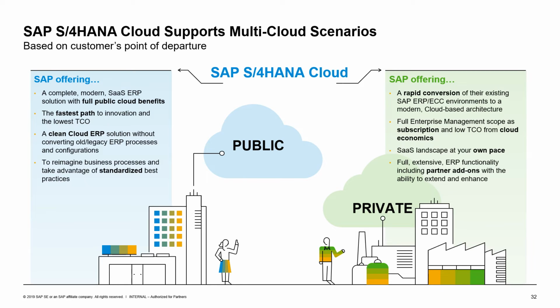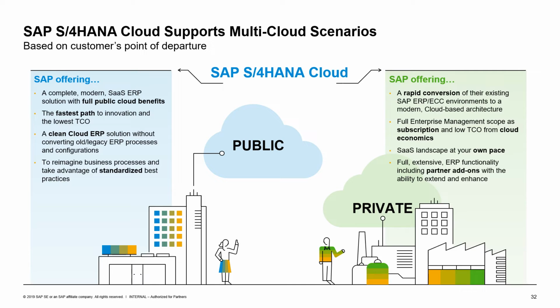So mapping your customer's requirements to SAP's offering, SAP offers a complete modern SaaS ERP solution with full public cloud benefits. It's their fastest path to innovation and the lowest total cost of ownership. It provides for a clean cloud ERP solution without converting old and legacy ERP processes and configurations. So if your customer doesn't want to bring along their baggage, this is the way to go. And here your customers are reimagining their business processes, and they want to take advantage of standardized best practice. So public cloud